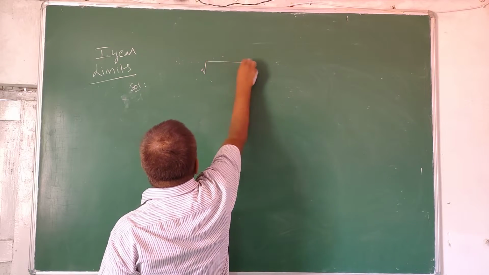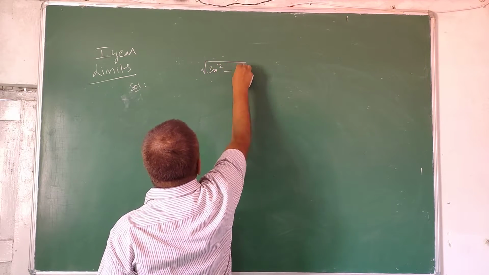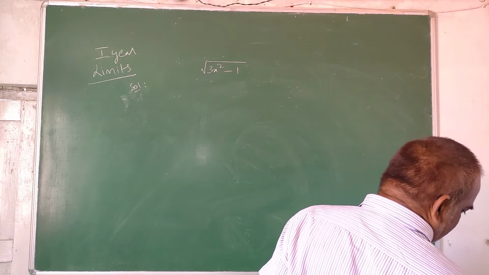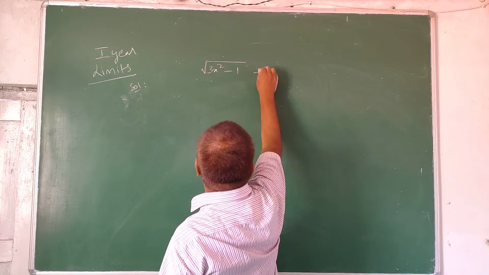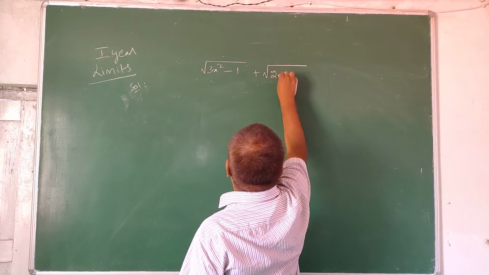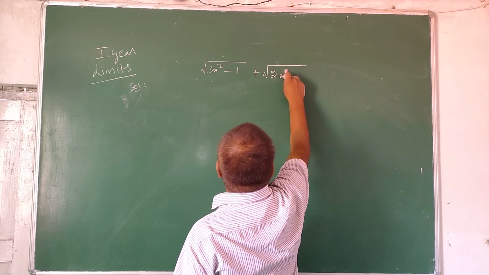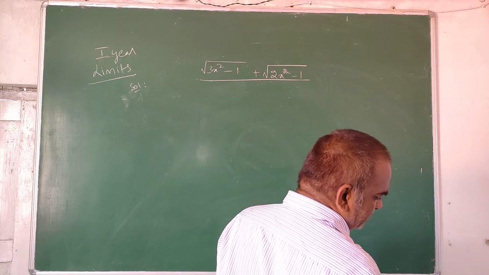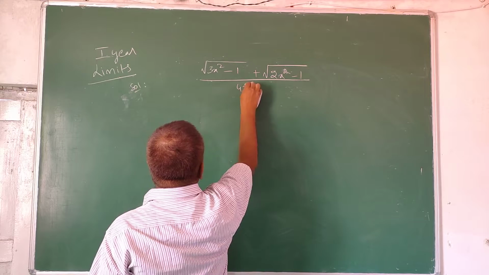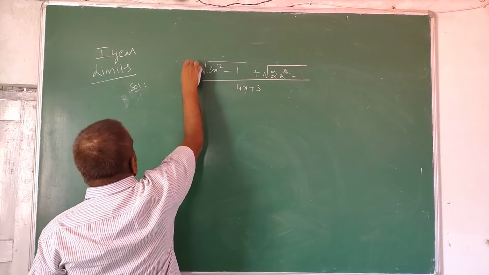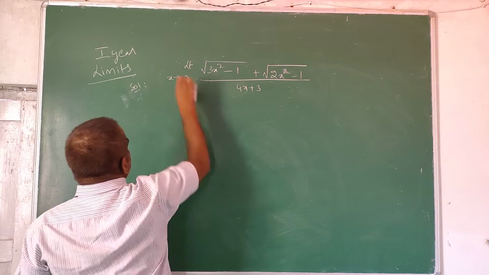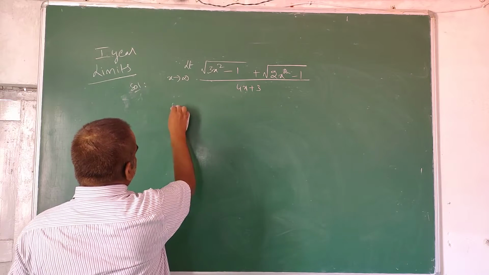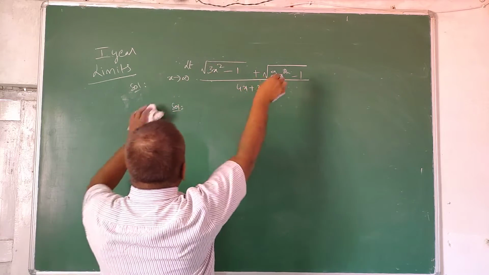The next question is the limit of (root over 3x square minus 1 plus root over 2x square minus 1) divided by (4x plus 3), as limit x extends to infinity. This limit we have to evaluate. So see the solution, this given limit is equal to,